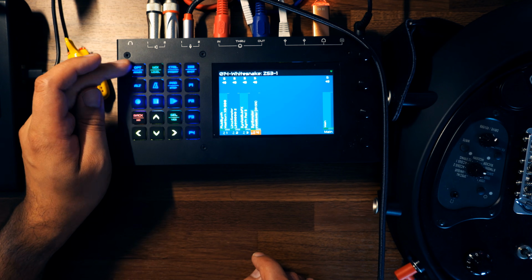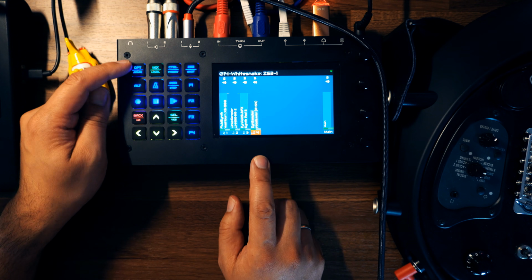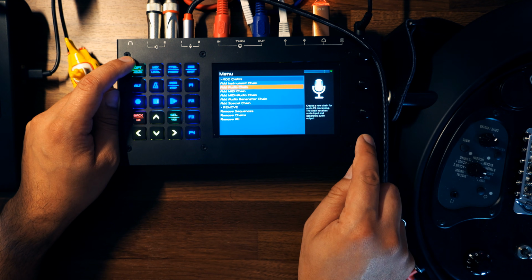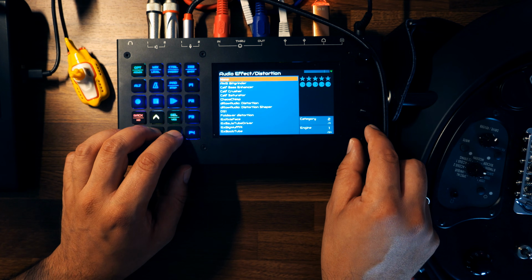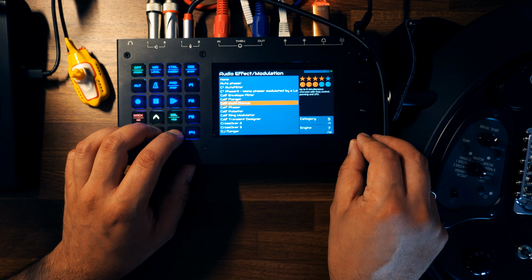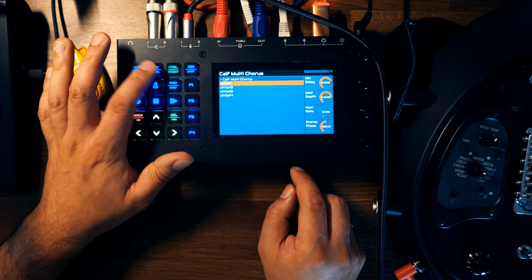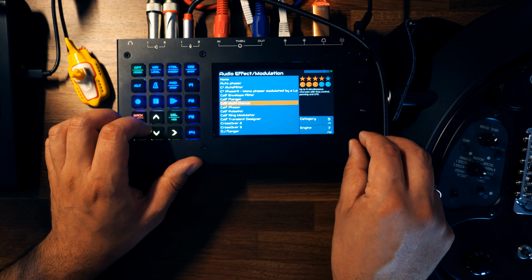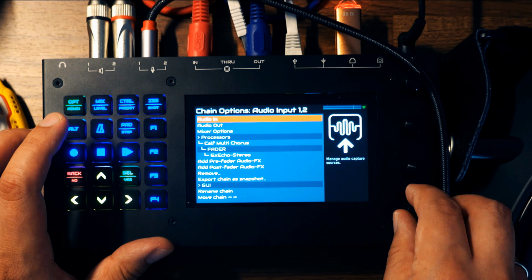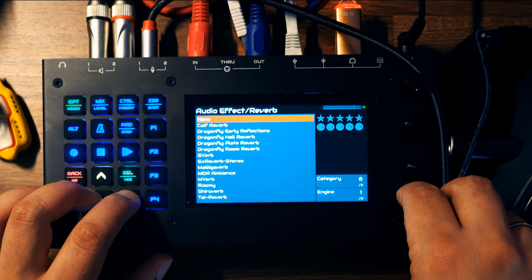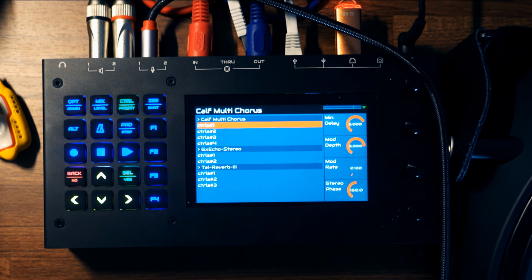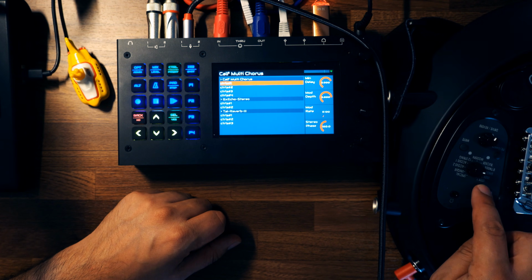And what I'm going to do now is to add an audio track. So let's press the admin button, and now we want to add an audio chain. Let's add a chorus first. So on the modulation page there should be the multi-chorus here. We will add another effect. I'll use the stereo delay once again. Let's add another effect. Let's add reverb in series, and we use the big effects plate, and we'll adjust that later. Okay, now I can turn on this guitar,